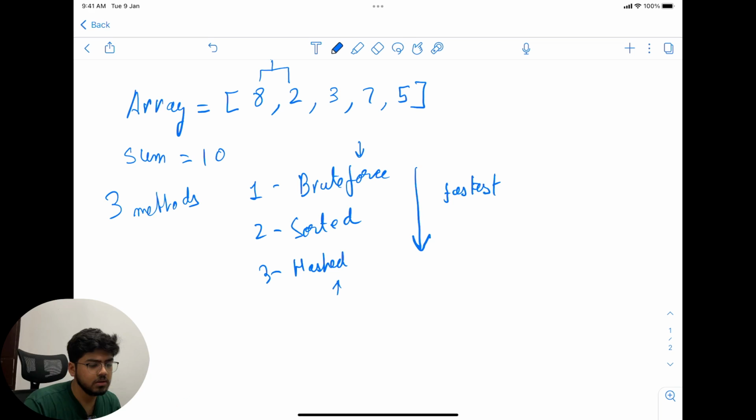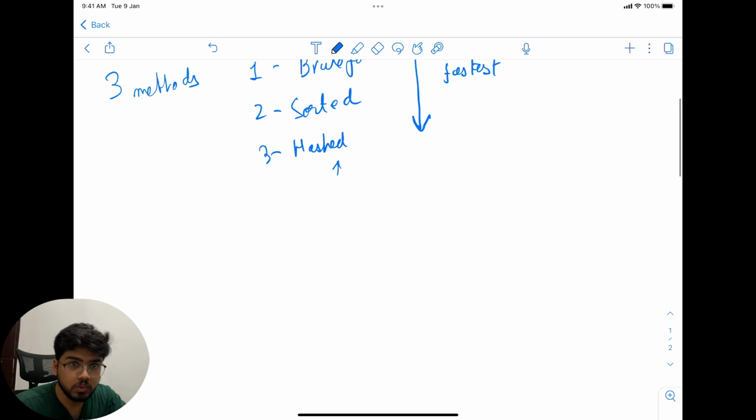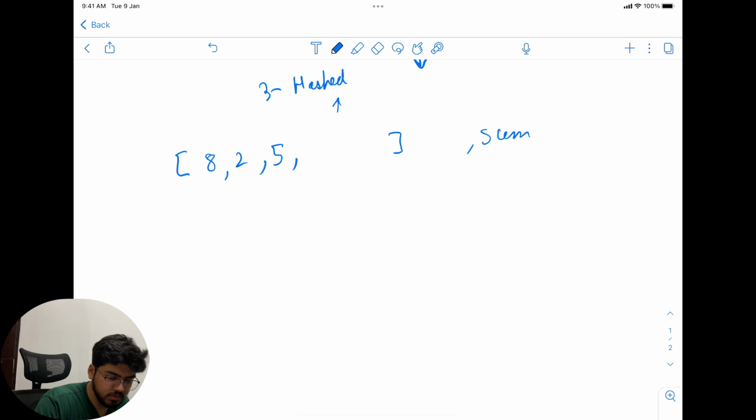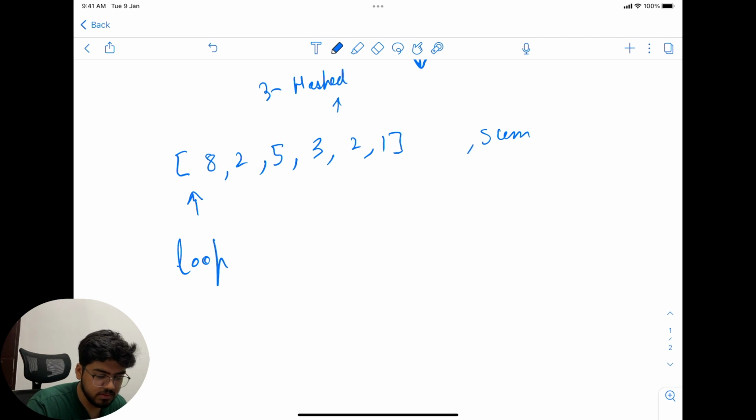So let's begin. Now let's discuss how we will do the brute force method. For the brute force method, what I have is an array and a sum. Let the array be anything but the one which I am writing. And now what I'll do, I'll create a loop, and that loop will first point to the first index of the array, which will be 8.